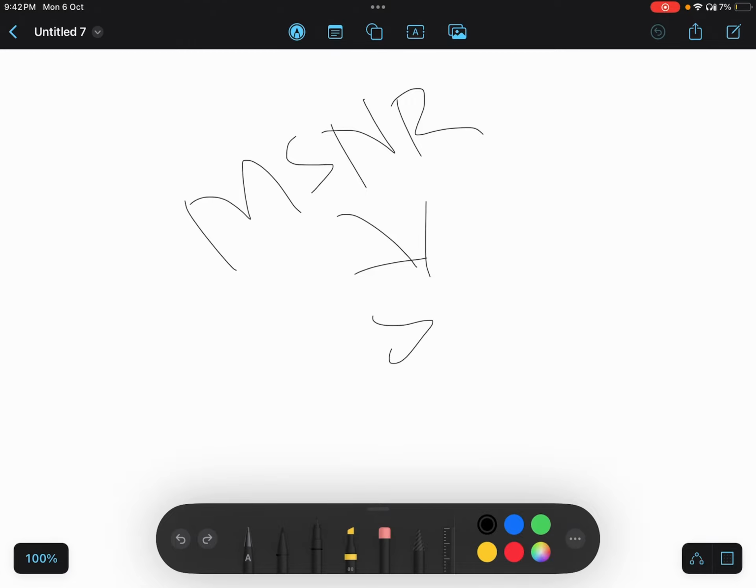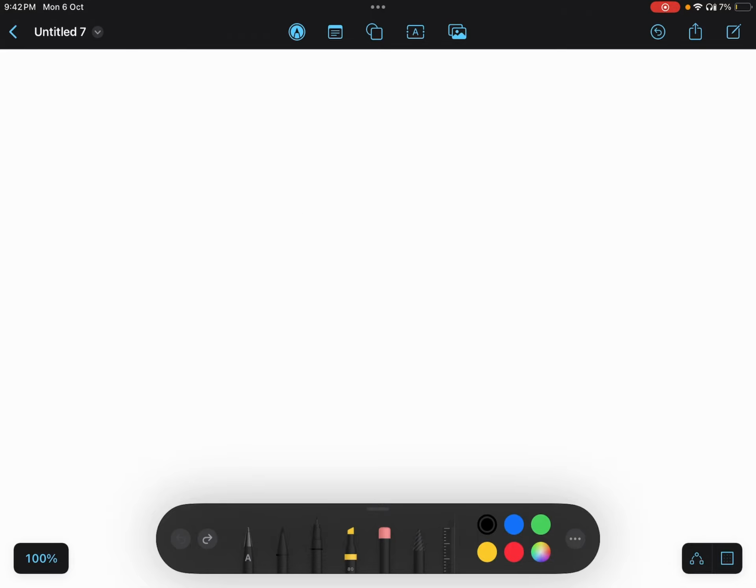Understood? We simplify the MSNR so you can understand it in a better way, and it will give you massive results in your trading journey. When you are watching my page, I will be approaching the market with this SLK strategy, which is structure, liquidity, and the key level. That will be helpful to you.